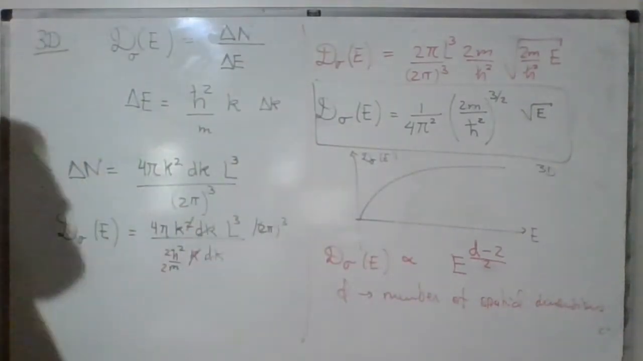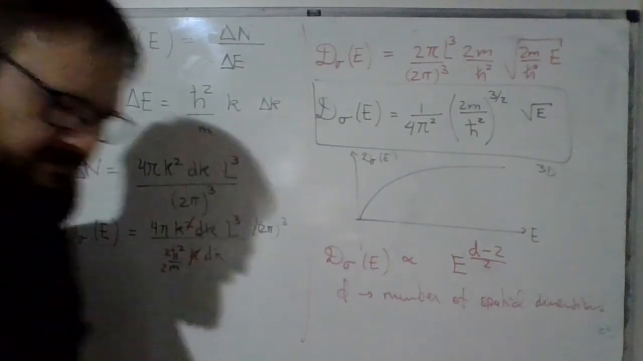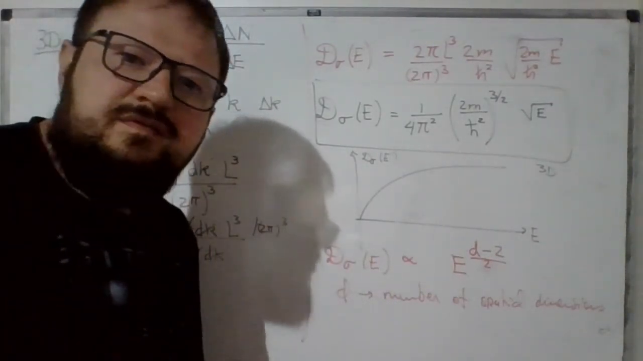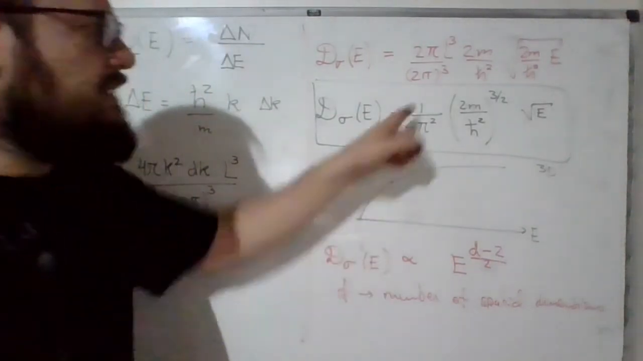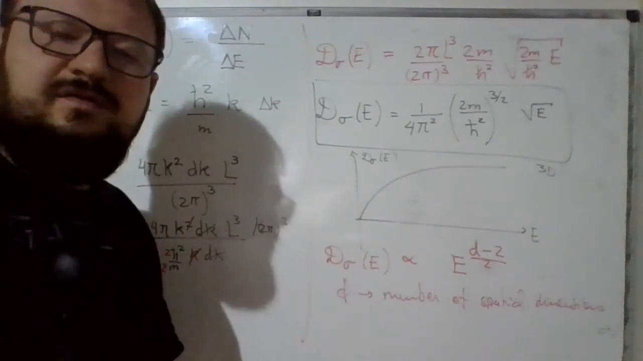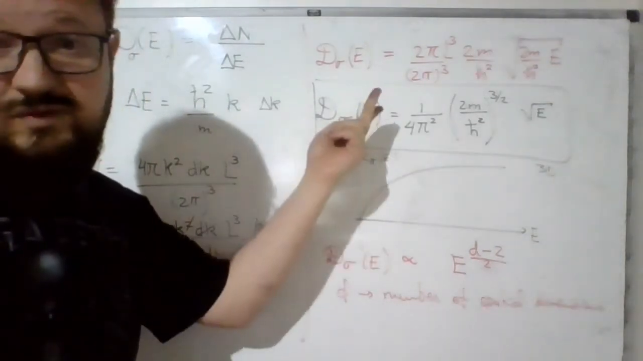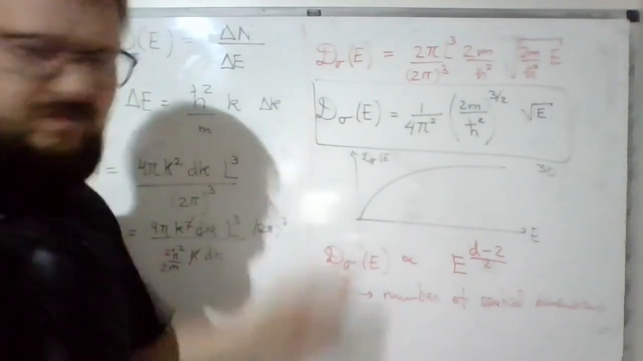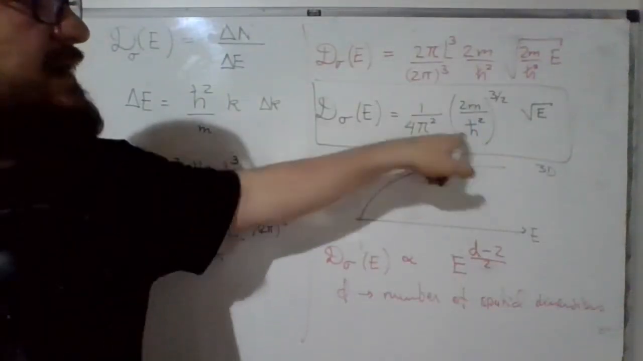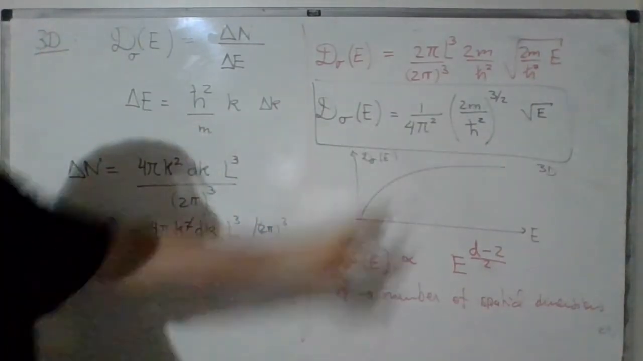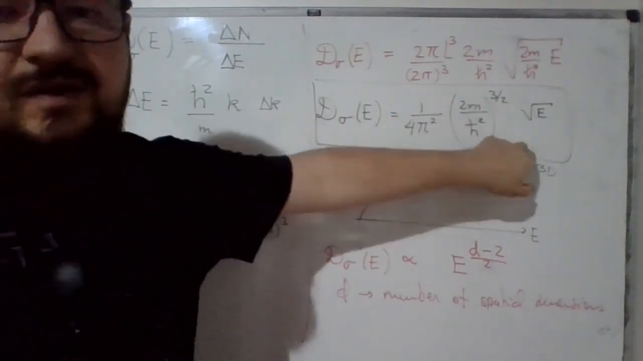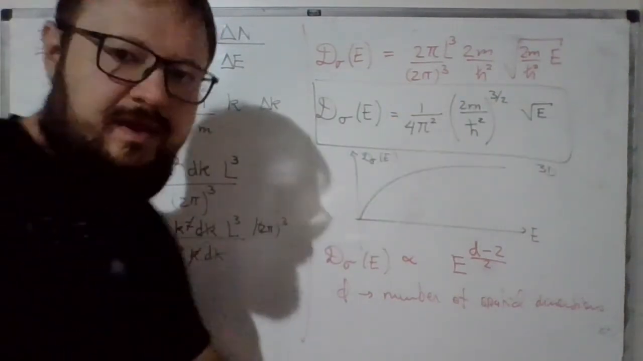So if you are neglecting any corrections of energy due to spin, you can insert the degeneracy factor for fermions, which is 2 for spin half fermions, and it will be 1 over 2π², this factor here, this 2m over ħ squared to the 3 halves times the square root of the energy. In any case,